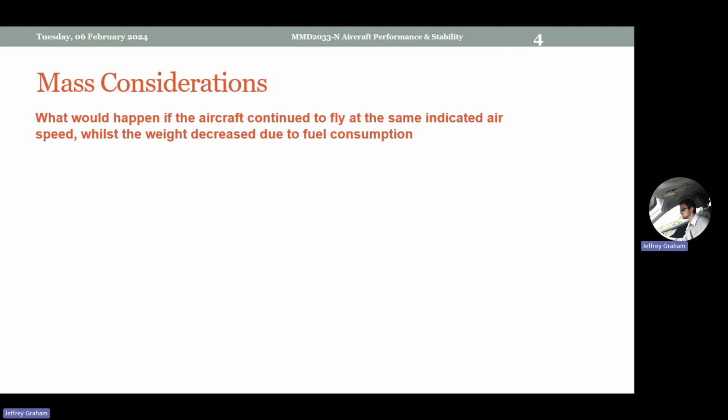Here's a little scenario to help explain this. What would happen if the aircraft continued to fly at the same indicated airspeed whilst the weight decreased due to fuel consumption? Right, this is going to spoil a little bit of the fun from later on, but to help explain this,